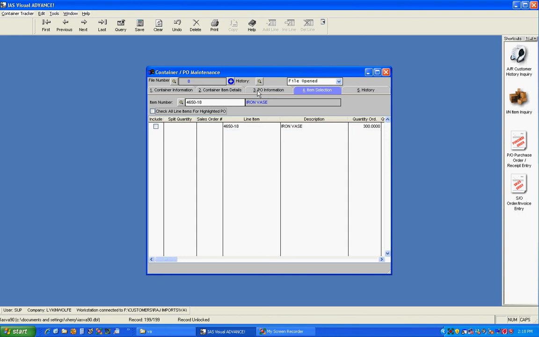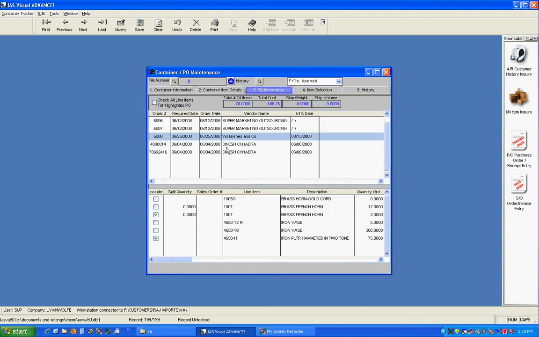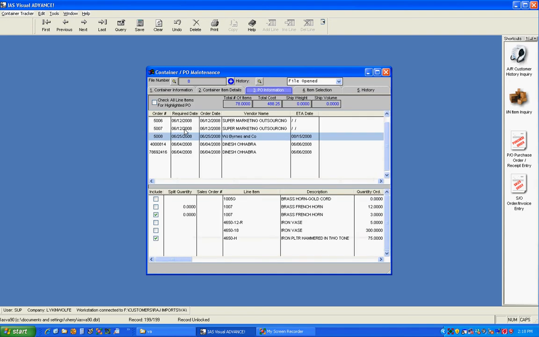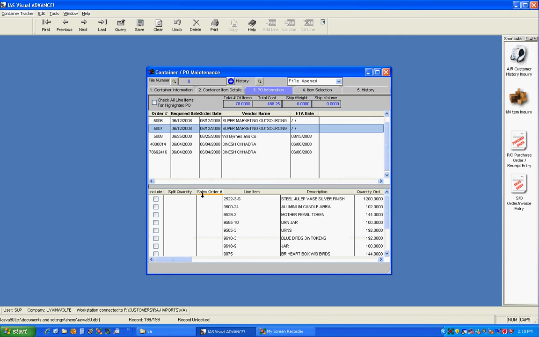Because I put too much in and I had an error. Okay, and let's say for instance, along with this same container, I'm going to hit save. What it does is it moves it over into here, shows me that I'm getting 3 pieces plus 75 pieces. If I come back over here and say, I'm also getting in this container,